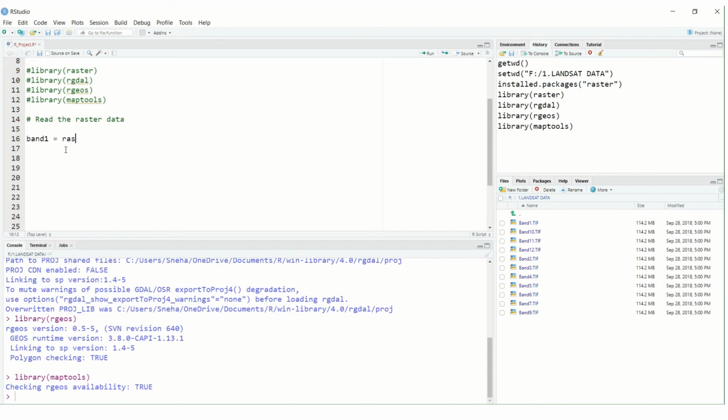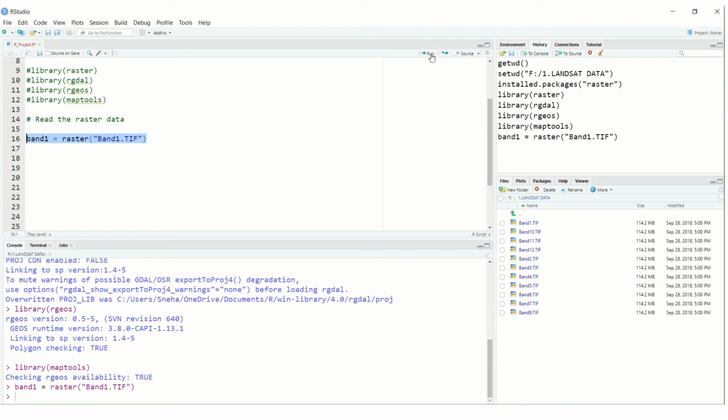So raster, and write whatever data you have, you have to enter the same here. B is capital, band, then 1 dot tiff. Okay, so let us check whether it will run or not. Okay, good.